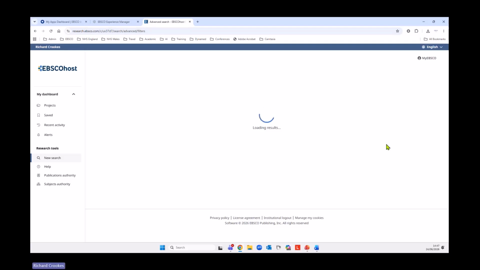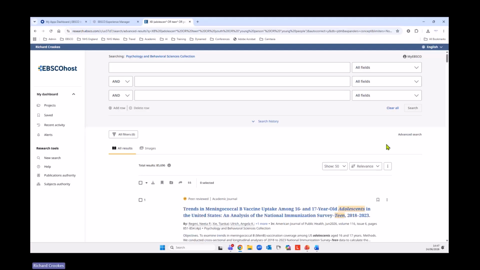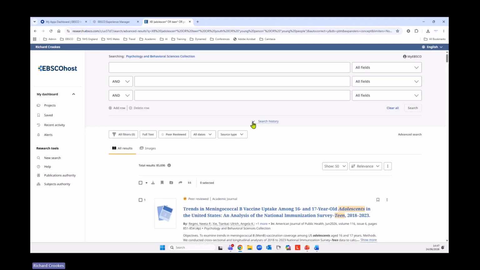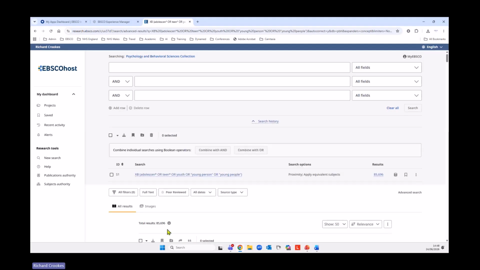And once I've done that, in a moment, you should see on screen the search history. So at the moment it's collapsed, the results are below. But if I click on this little arrow below the search boxes, you'll see it opens up the search history. So we've got this displayed. This is a feature which is enabled in EBSCO Experience Manager. It needs to be enabled for you to see that if you've not already done that, and we can provide instructions on this. But the key thing here, we've got the set number S1, we've got the search string with the